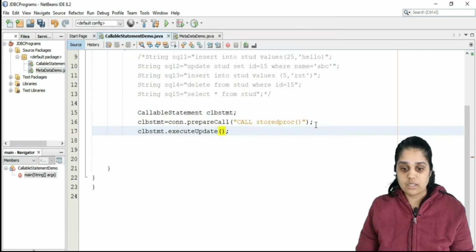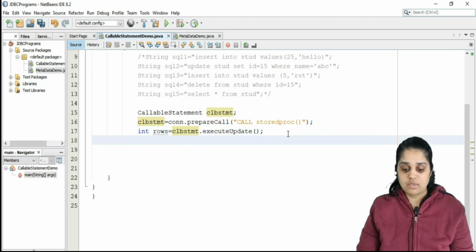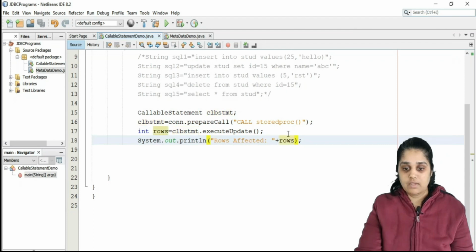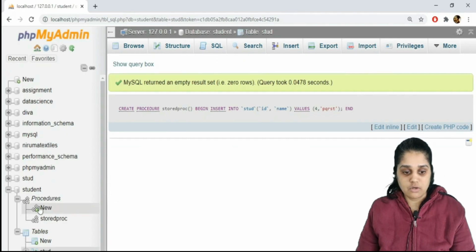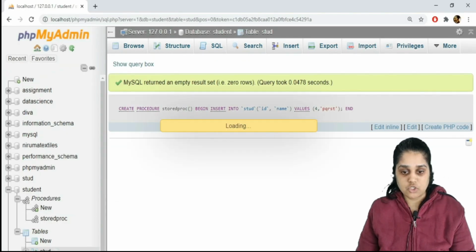It is going to return an integer, rows, and the number of rows affected we can directly print. Plus rows. We can run the program and check. Rows affected 1. So let us move on into the tables and check.